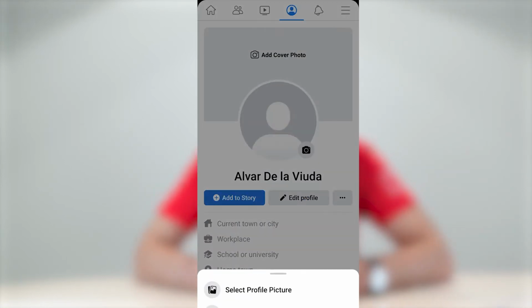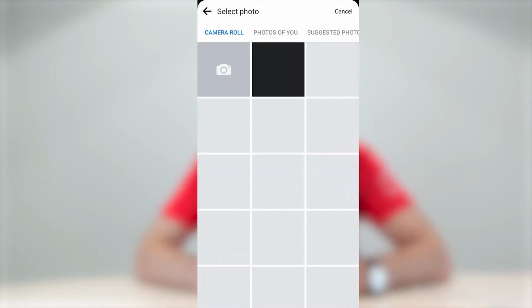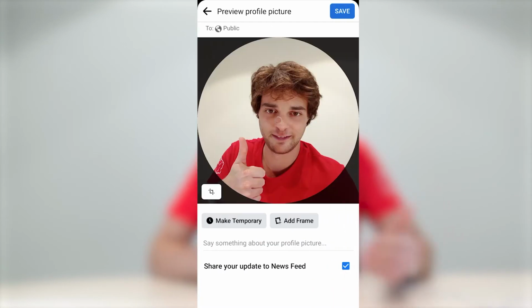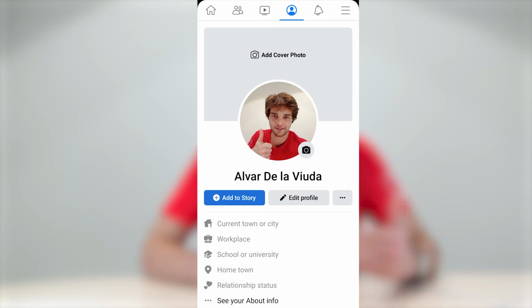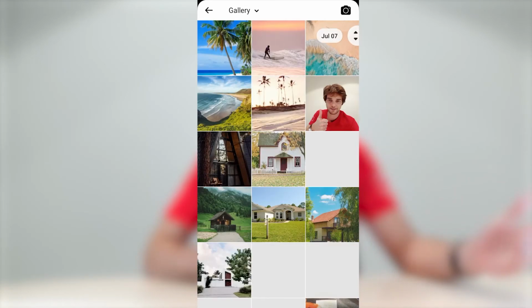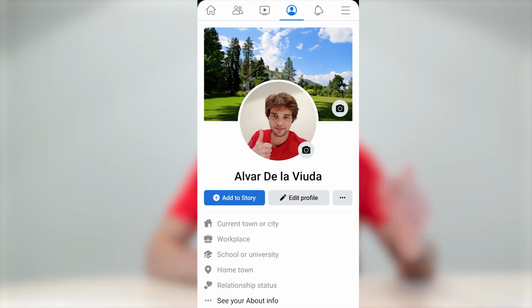Okay, so we click here, select the profile picture. I took this picture early on in the morning for the sake of this little experience that we're having here. Okay, as I always say, for your profile picture, it's always better to show your face, because that's how you're going to establish a human connection with your audience. But then for the cover photo, now you can showcase your vacation rental home. So let's choose this one, for example. So here we go. Nice, right?